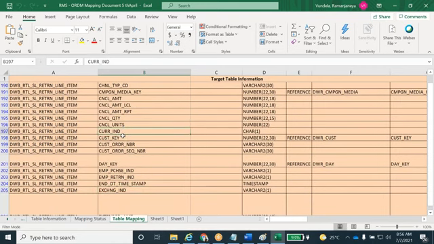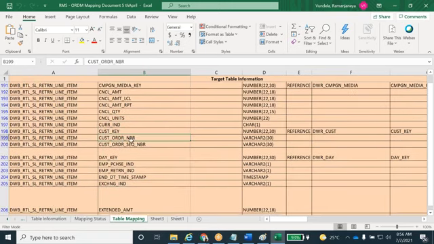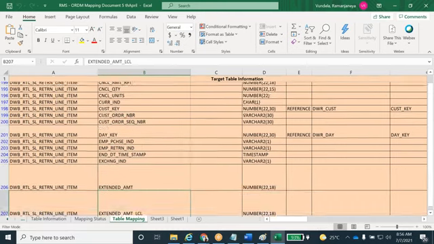Indicators, so there is a current indicator. It will be true or false, 1 and 0. So these we call junk dimensions. See, these are the numerical values: cancel amount, cancel quantity, cancel units. I'll explain these two next.